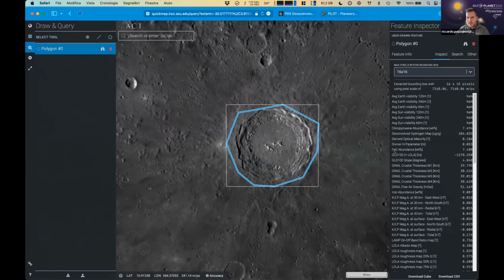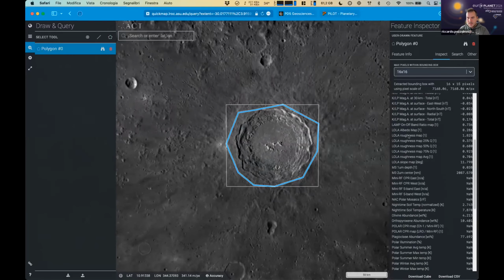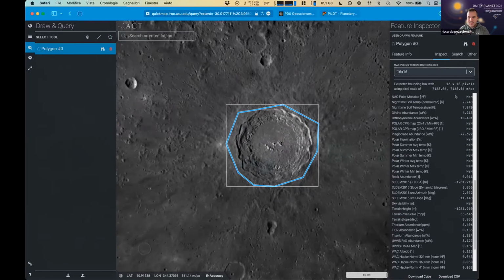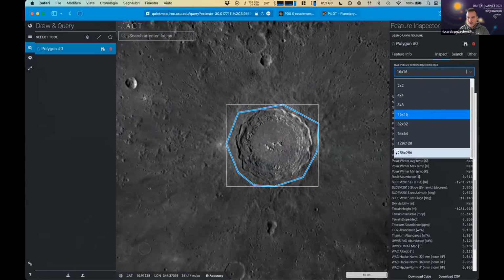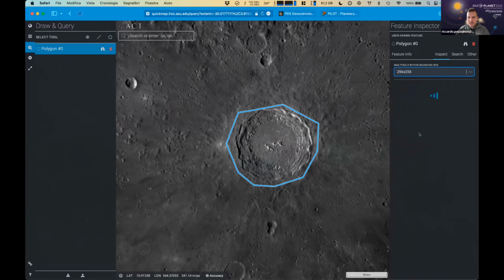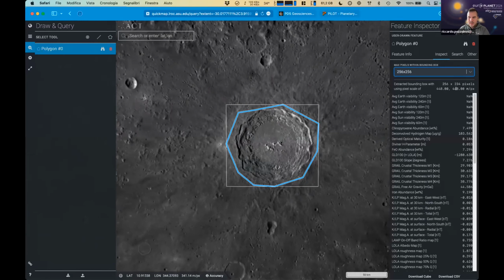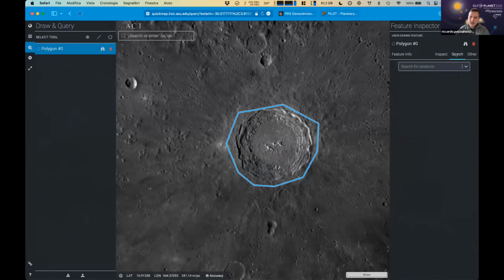clinopyroxene abundance, FeO abundance, roughness maps, at very low resolution. It's up to 256 by 256 pixels per degree in this case. Here it's calculating the layers again. Here it's the ground resolution. So this is a summary product with lots and lots of layers, but a very low resolution, around 400 meters per pixel. If you want to search for more high-level products, you have to go here to search, and